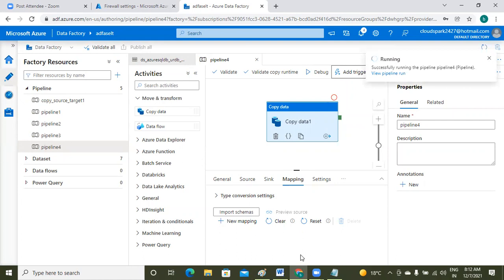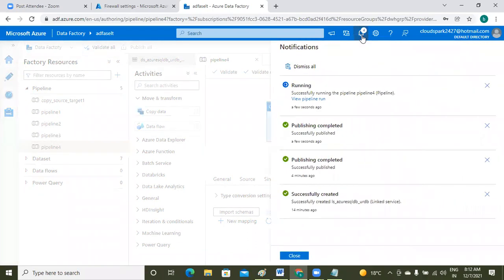It is running now. Please check the message. Failed to run the pipeline.